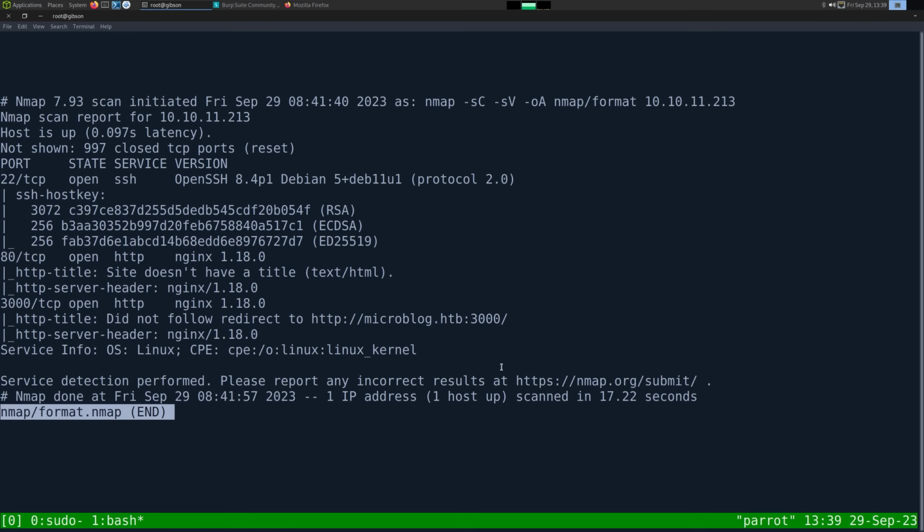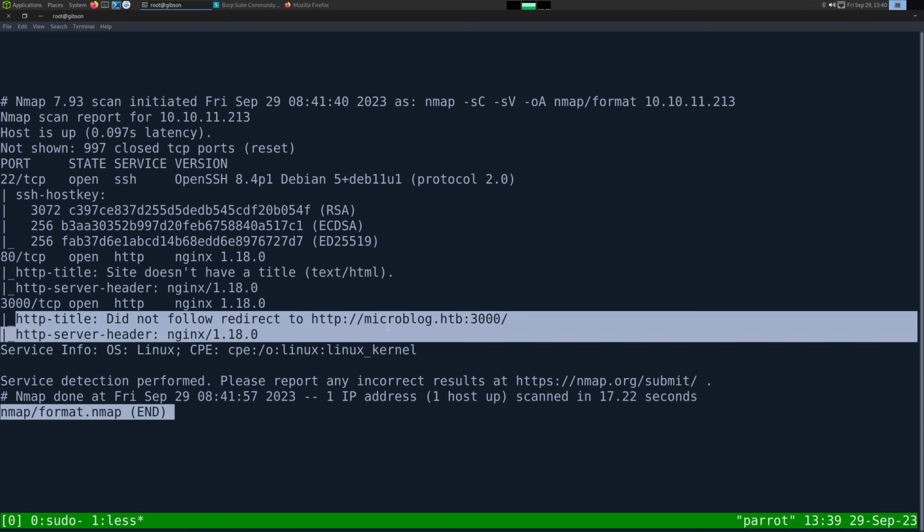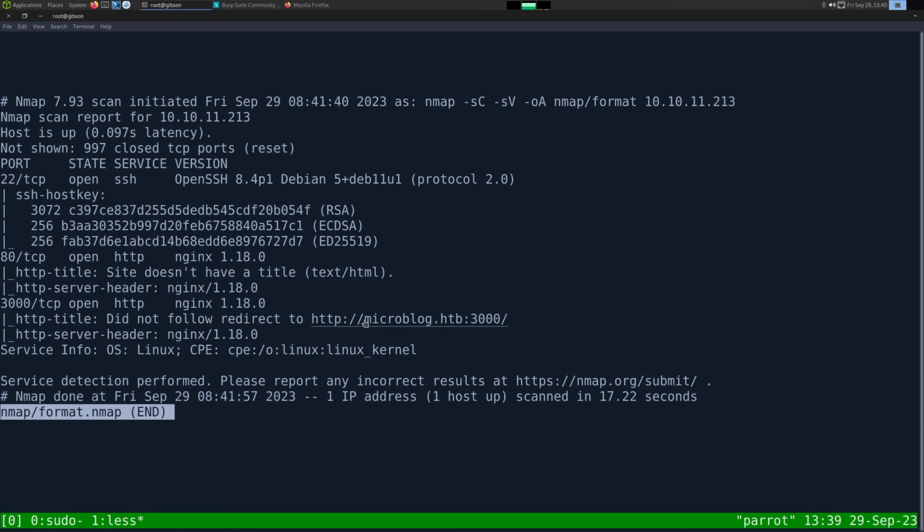Looking at the results, we have 3 ports open, the first one being SSH on port 22, and its banner tells us it's a Debian box. Then we have 2 HTTP servers, both running on nginx. There is no operating system leakage, and they are running on port 80 and port 3000. The one on port 3000 looks like it is redirecting us to microblog.htb, so let's add this into a host